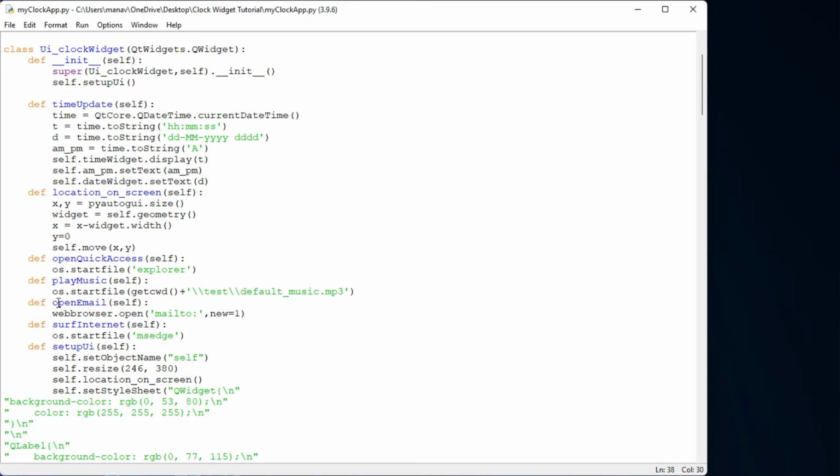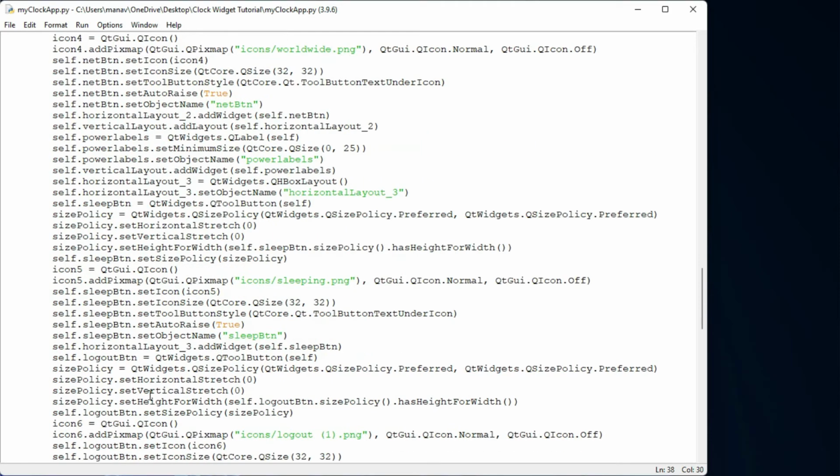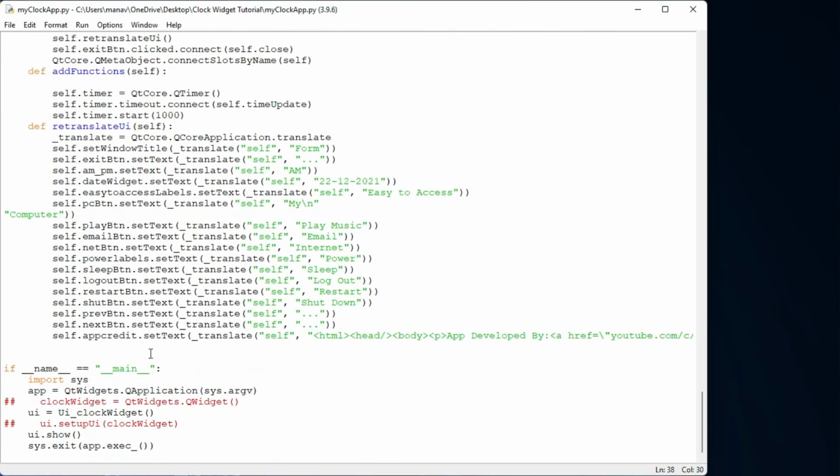Now let me call these functions with our 4 buttons. So where are our 4 buttons? Just come down below. Under retranslateUi you can see these are the 4 buttons: play button, email button, net button, and PC button, right?